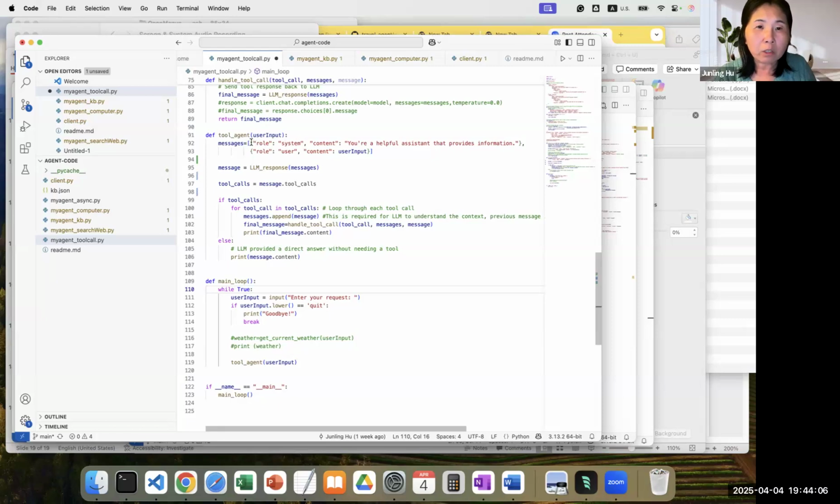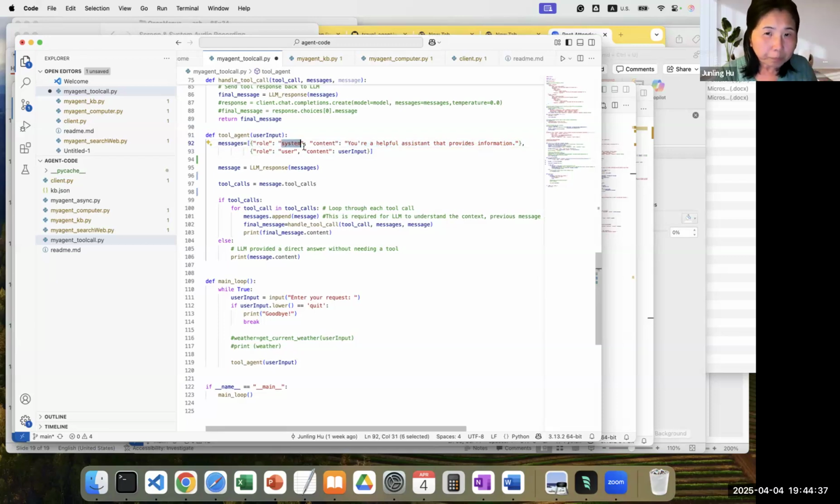The format is, first of all, you need to have a system prompt. The system prompt describes the whole task: who is this agent? Normally you give the agent a role, say you are an information assistant, or you are a travel assistant. The major role is defined in this system prompt, and this belongs to the system.